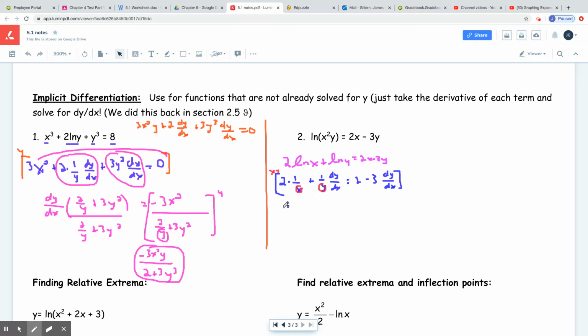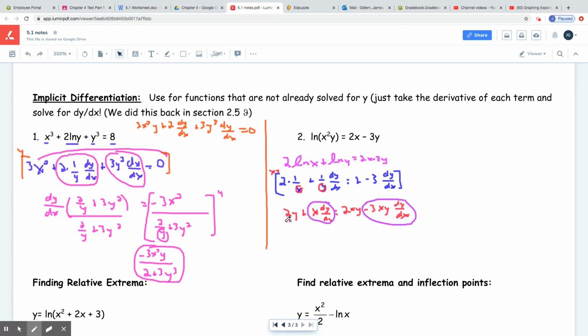Now when I multiply it through, the x cancels, leaving me with 2y, plus the y's cancel there, leaving me with x dy dx equals 2xy minus 3xy dy dx, right? So now I'm going to take my things that have a dy dx, which is this,